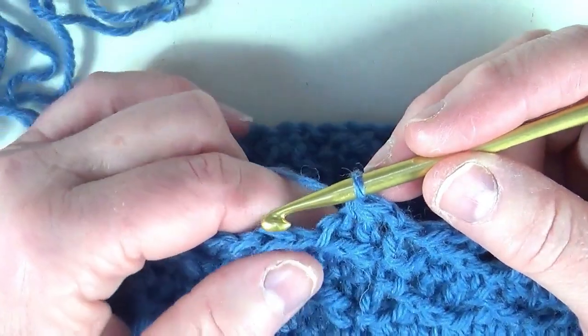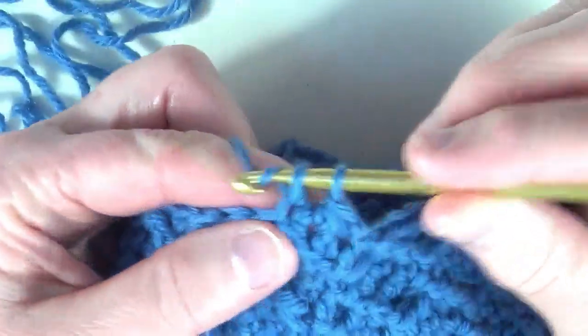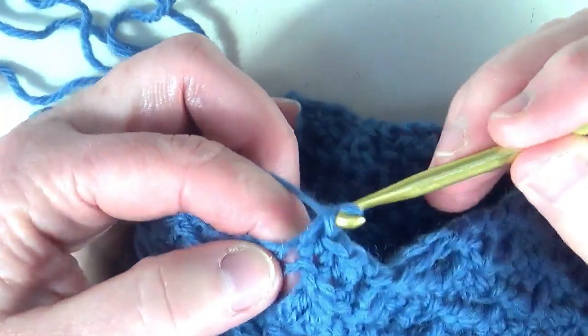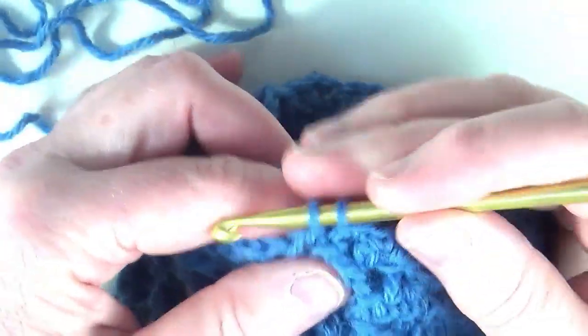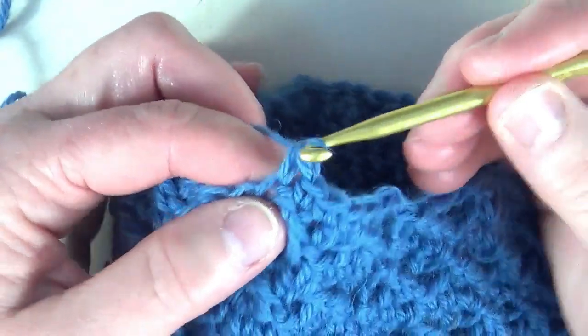And after this we are going to single crochet in each of next 5 stitches. So our repetition for this round is single crochet 2 together, single crochet in next 5 stitches. To single crochet 2 together,